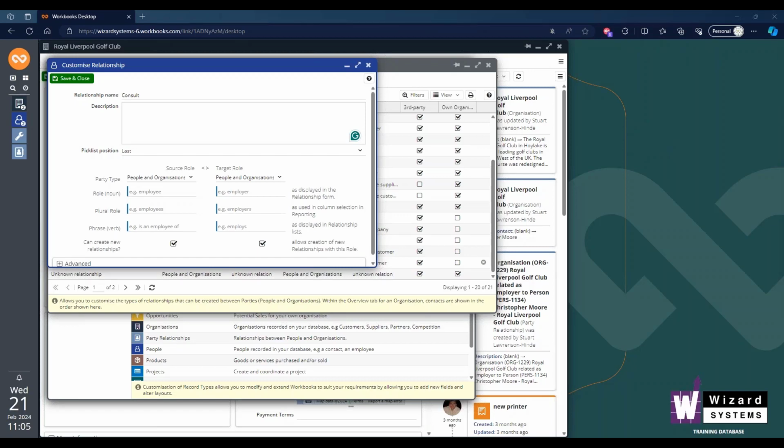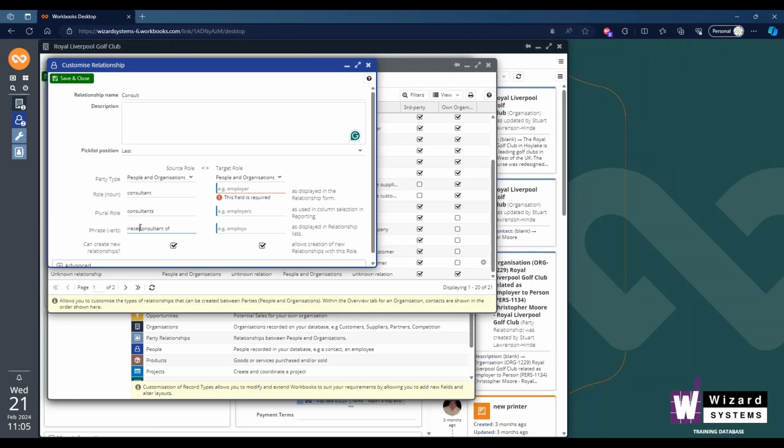But all I'm really going to do here is add the various fields. So I'm going to say that the first field is consultant. And if I tab, it will do its best to fill these fields in for me. Is the consultant of. So I'm going to change that